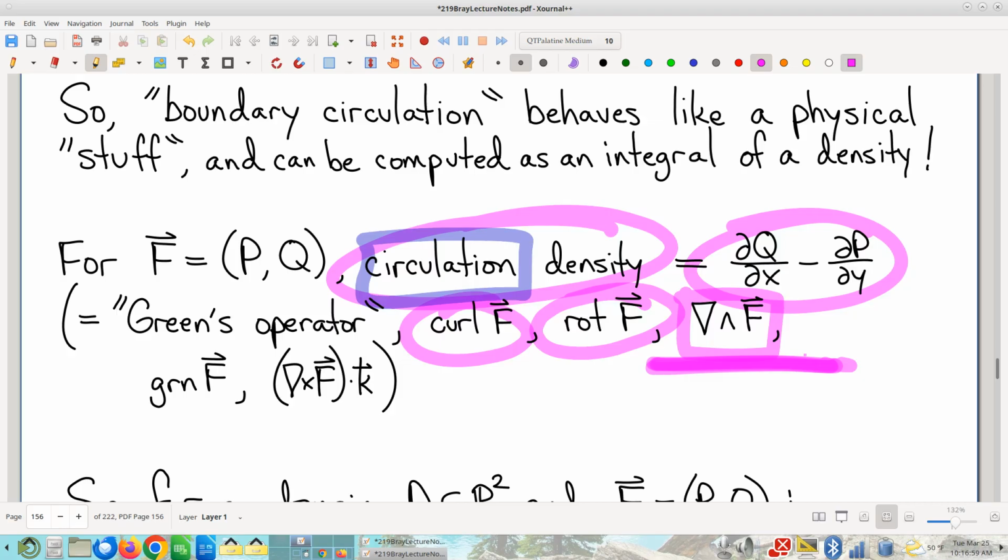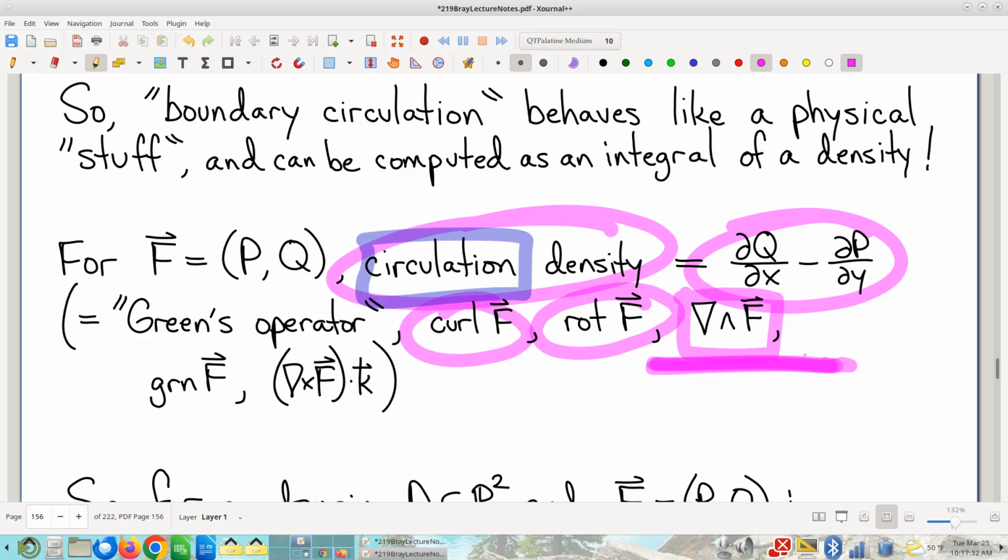It's kind of two-dimensional. It's not the same as cross product, but it's similar in certain ways. It has some of the same properties, right? So anyway, if you just write down del wedge F, it just happens to be exactly this formula. It's kind of handy. So some people like this notation.